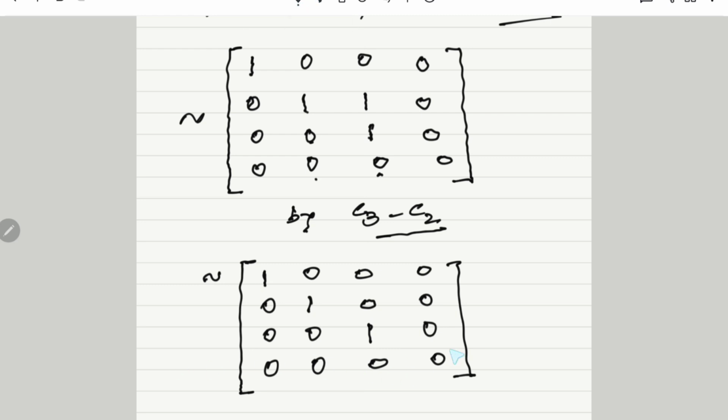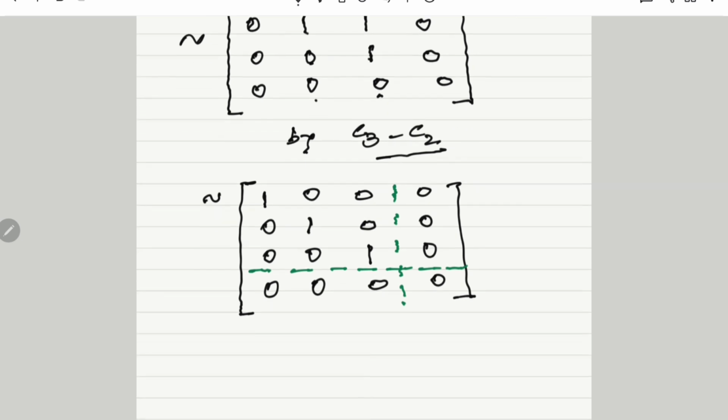and try to separate the identity matrix from this matrix. Therefore, 1, 0, 0, 0, 1, 0, 0, 0, 1 is the identity matrix. Therefore, we can draw a line like this, dotted line, and vertical line, again dotted line. Therefore, this is the normal form of that matrix,